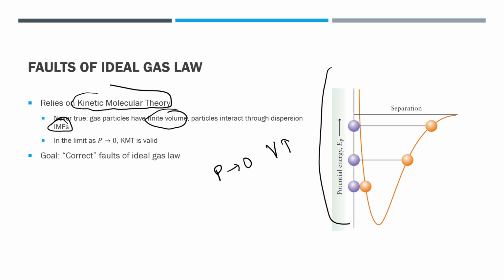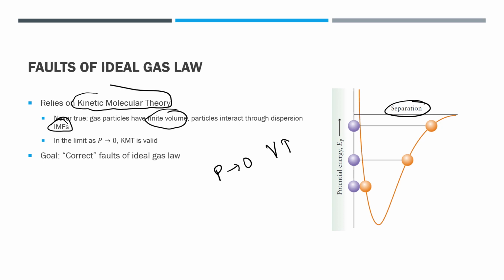Here I just wanted to show a little potential energy diagram, which you should have seen before. What do we assume with kinetic molecular theory? We assume that no matter how far apart particles are, no matter what the separation is, all these particles have the same potential. There are no intermolecular forces between them. So if this was a graph of kinetic molecular theory, we would have a flatlining potential. No matter the separation between the particles, there are no IMFs, so there's no force between them, so the potential doesn't change.